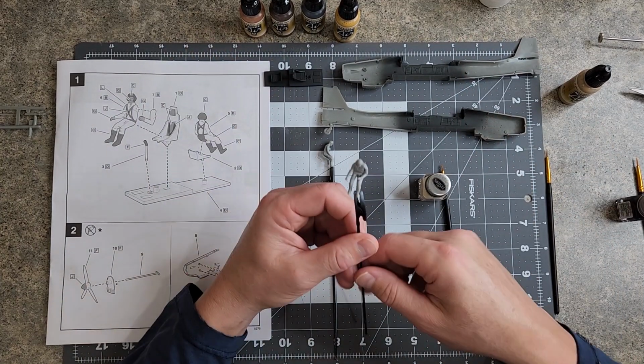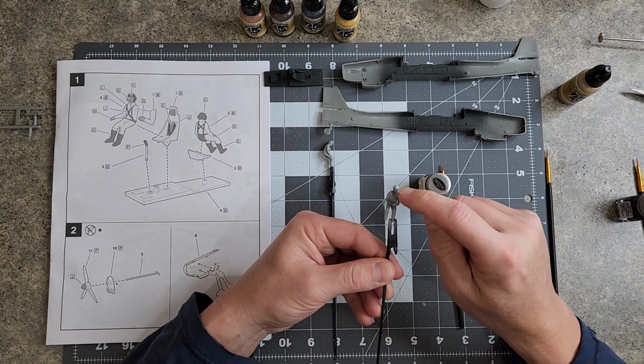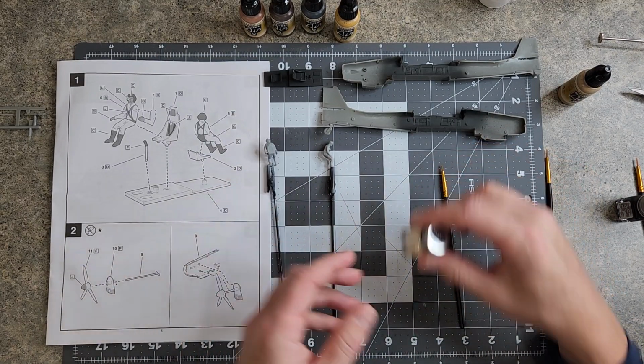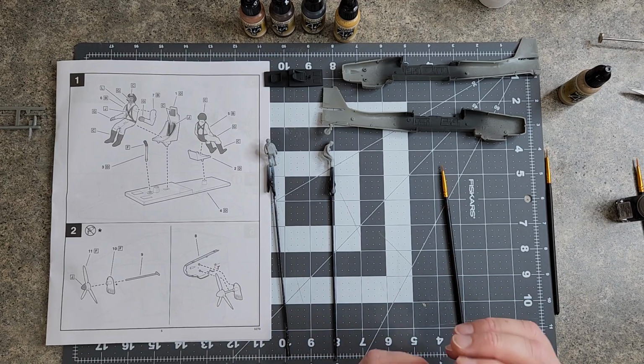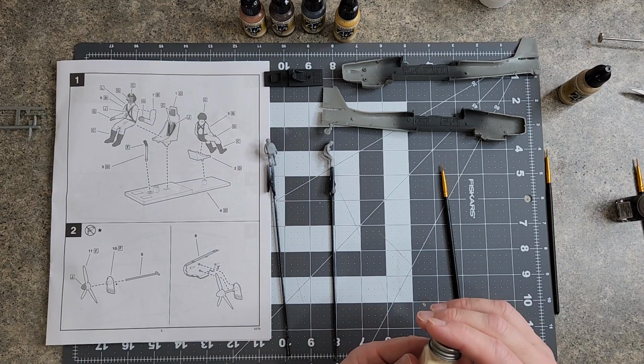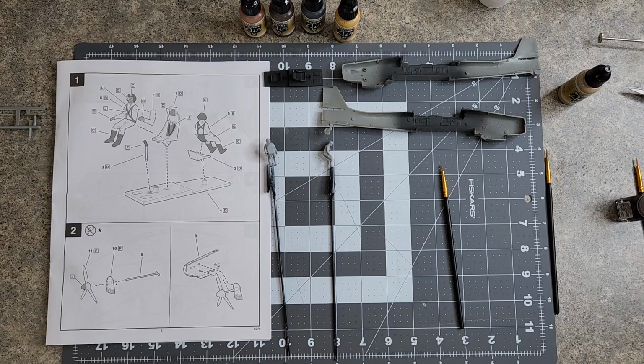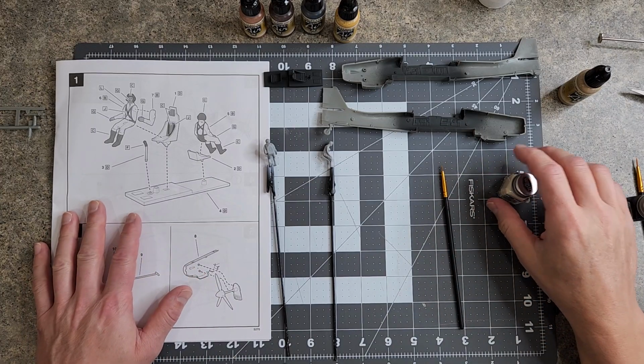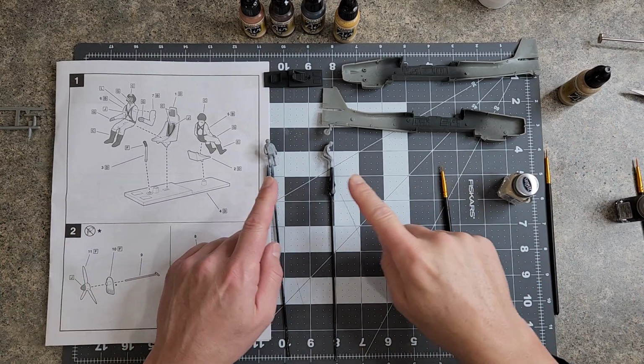But before we start on that, I would like to get the faces painted on our pilot and our gunner figure here. I don't have flesh color, but I used this really light tan paint on my P-40 pilot, and it turned out pretty good, I thought. So I'm going to do the same thing with these guys. And it took me forever to figure out what I was going to do for the